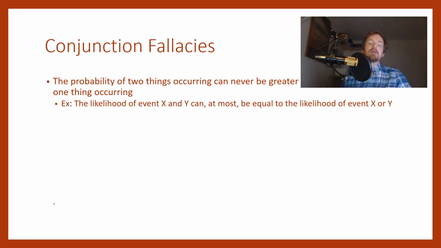of just one. So the probability of two things happening can never be greater than the probability of one of those things happening by itself. By definition, by mathematical properties, if two things happen, that probability cannot be greater than if one of those happened independently on its own. So just to show you what I mean here, if we're looking